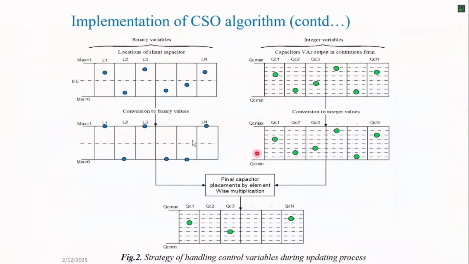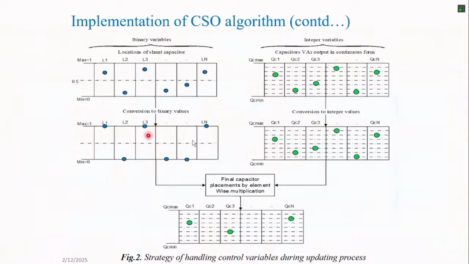So its corresponding certain capacitor value is shown over there. But for L2, it is 0. Now when L2 is 0, in our final placement, if you see, there is no capacitor there, because this size is irrelevant for this scenario. This size is irrelevant because the capacitor is not there. Why are we supposed to identify this optimal size? Only if the capacitor is there will we go on to identify the optimal size.